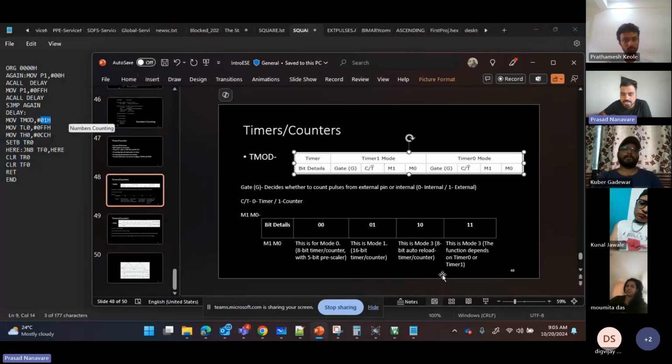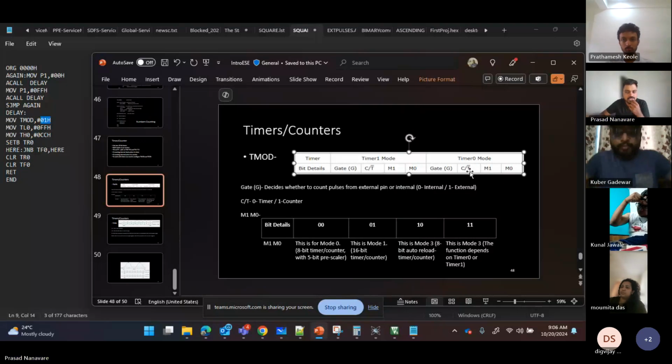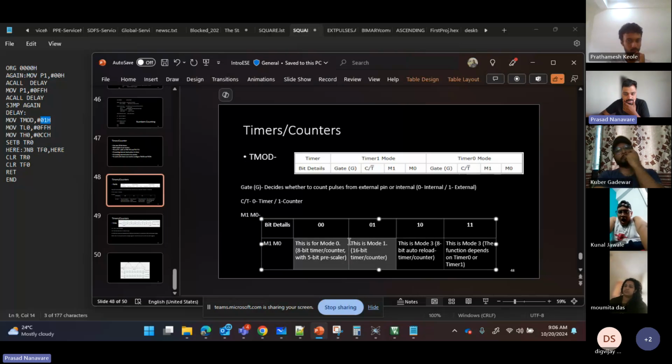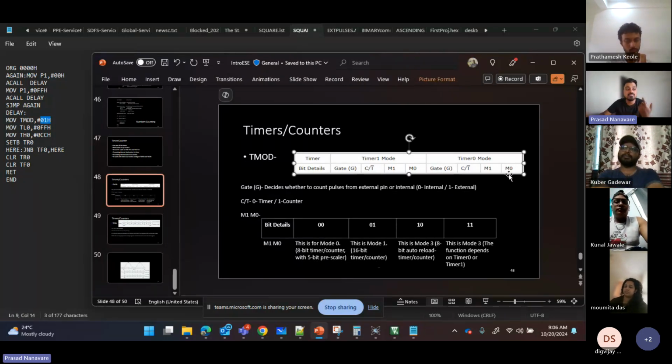सो मैंने टी मॉड में मूव क्या किया, 01H, ओके। मतलब टाइमर जीरो का सब जीरो ही है, टाइमर वन हम यूज ही नहीं कर रहे। 01 मतलब गेट जीरो, गेट भी जीरो है, सी स्लैश टी बार भी जीरो है, राइट? आर यू फॉलोइंग दिस? यस सर। सी स्लैश टी बार भी जीरो है, मतलब टाइमर यूज हो रहा है इधर, और 01 है इधर, 01। 01 मीन्स मोड वन यूज कर रहे हैं हम, 16 बिट टाइमर और काउंटर। आ गया समझ में? मैंने बोला ना हम मैक्सिमम मोड वन यूज करेंगे हम। सो दैट इज दिस, ओके। तो ये इधर तुम लोगों को समझ में आ रहा होगा कि किया कैसे है एक्चुअली में।